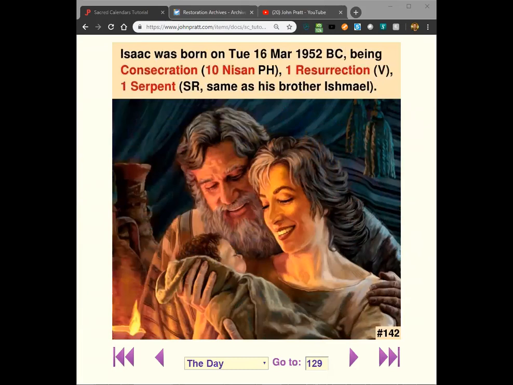There's a day 0 resurrection and then 1 resurrection, or 0 birth and 1 birth. 1 birth is actually the first day of the birth, but the 0 birth is the last day of the quickening season. But the last is the first, and the first is the last on every one of these calendars. And I like to use 0 to show that.